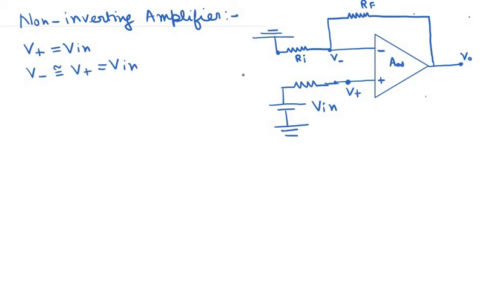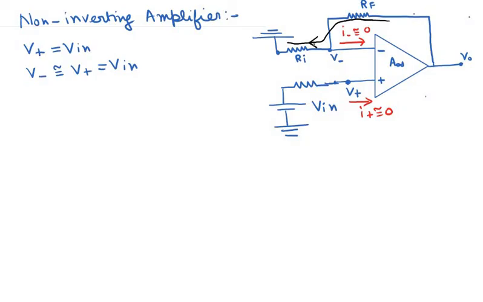Okay. Now again, just as before, no current can flow into or out of the input terminals of the op-amp. So I minus and I plus both are 0. So I minus is approximately equal to 0 and I plus is also approximately equal to 0. Okay, since no current can flow into or out of the input terminals of the op amp, this basically means that any current that flows through this resistor RF must actually be forced to flow through this resistor Ri, because there is no other current path.